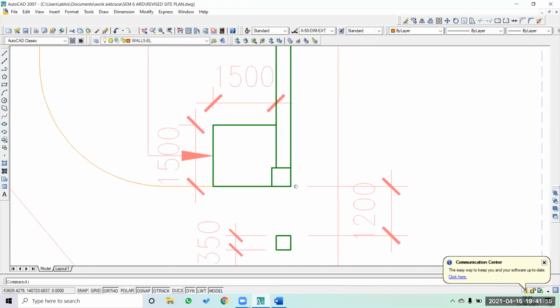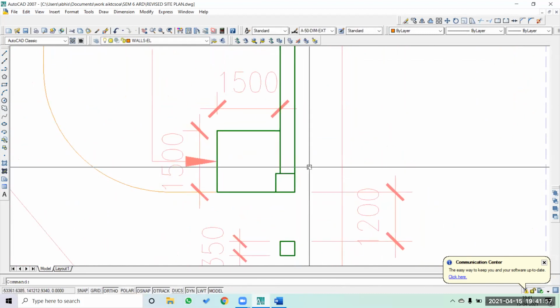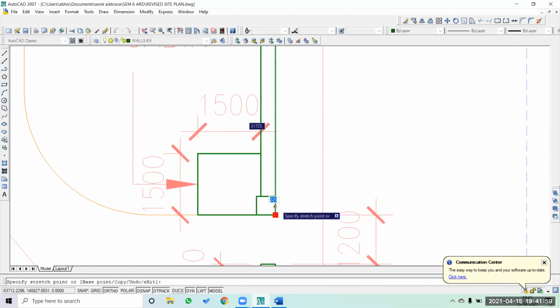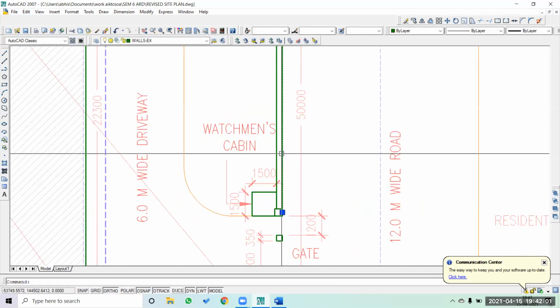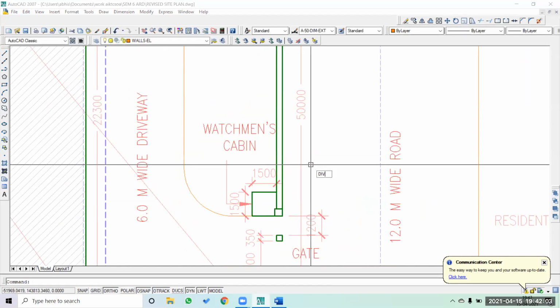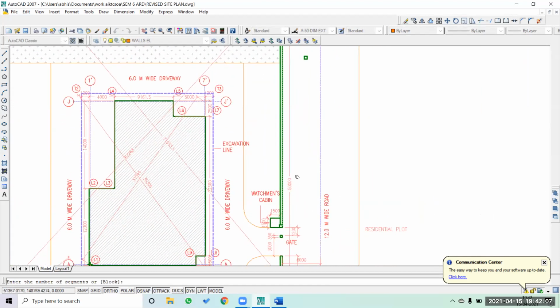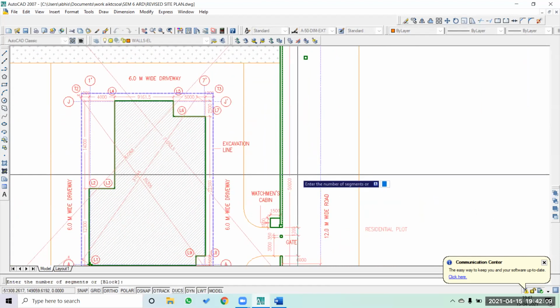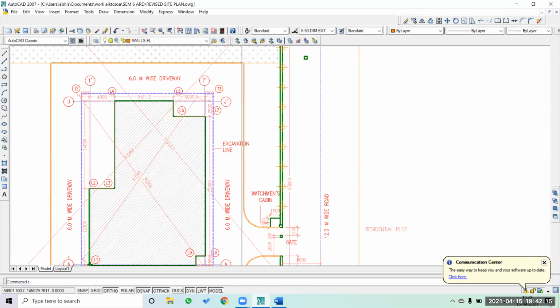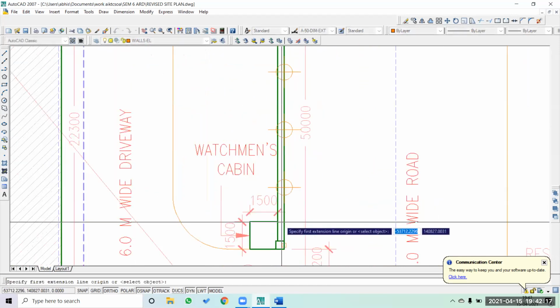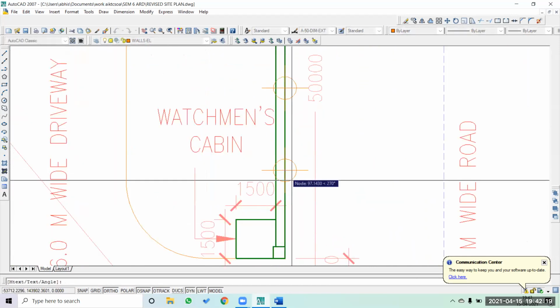So this is what we have right now. And now I'll use the command DIV, enter, select the line which is the center to center column line, pier line. Okay, and let's check the distance, divided into 10 equal parts, and check the distance between center to center.